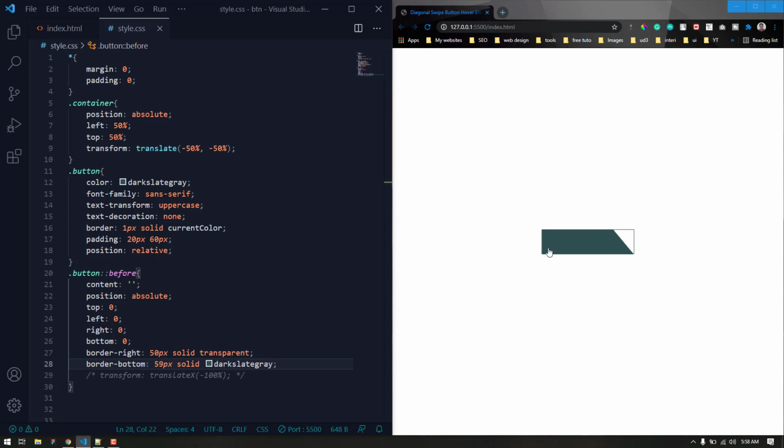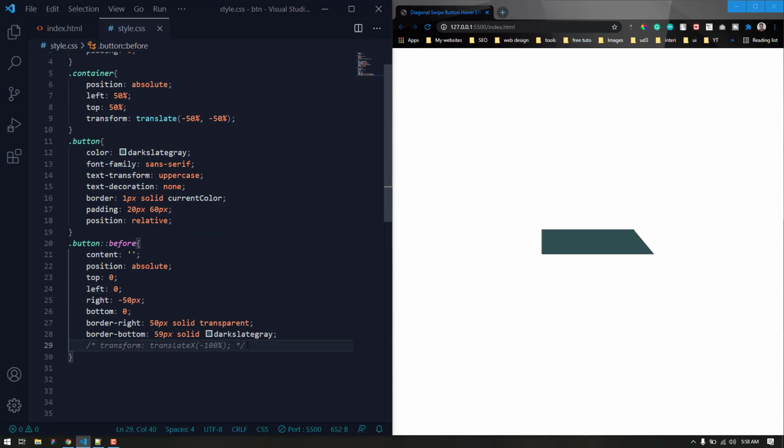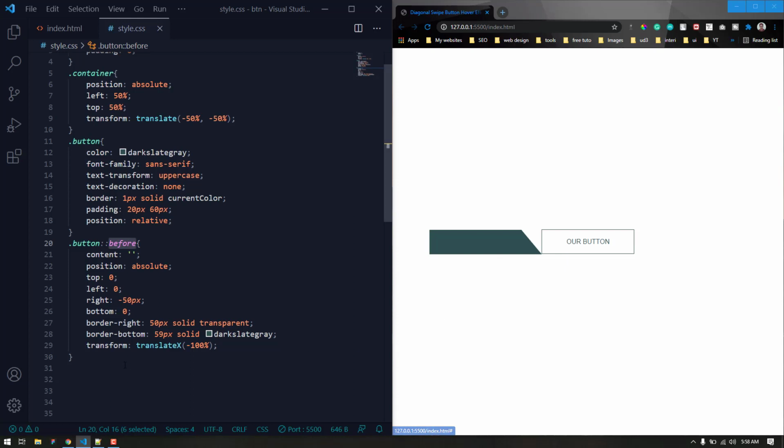Now when you hover on that, we need this to be wider. That's why from the right I am going to push it to minus 50 pixels. Let's save. Now it is bigger. Okay, now I am going to uncomment it. It's all fine. So when you hover on that, we are going to slide the before element onto this button.